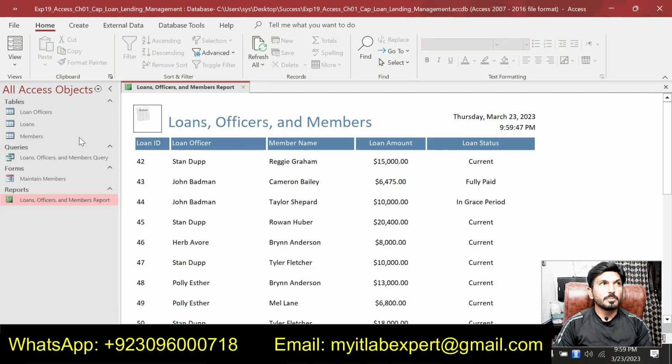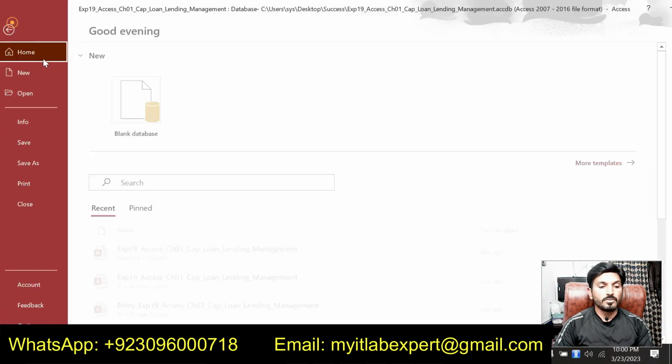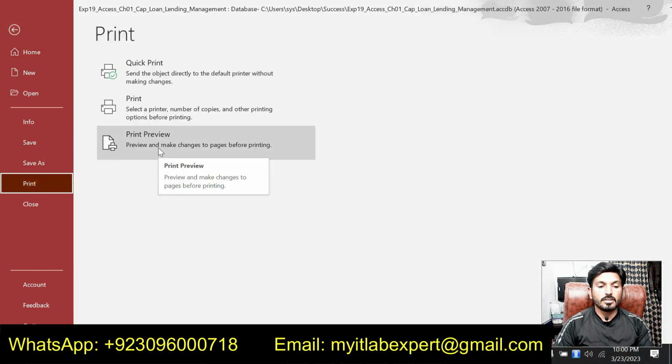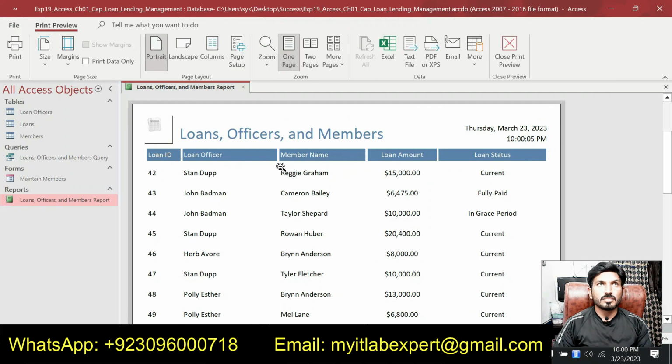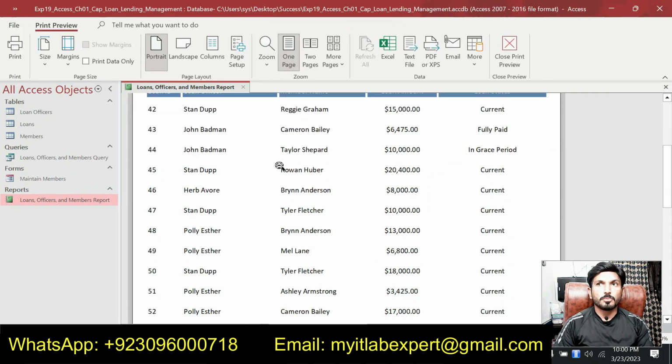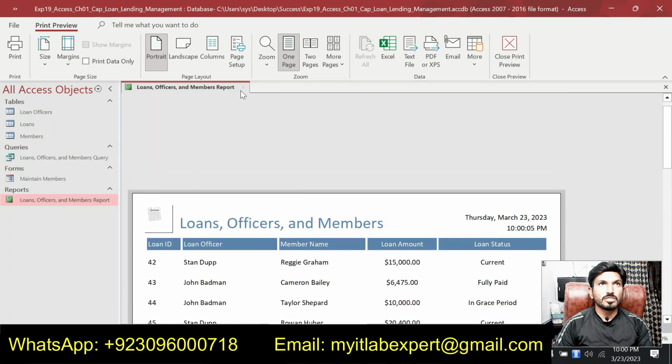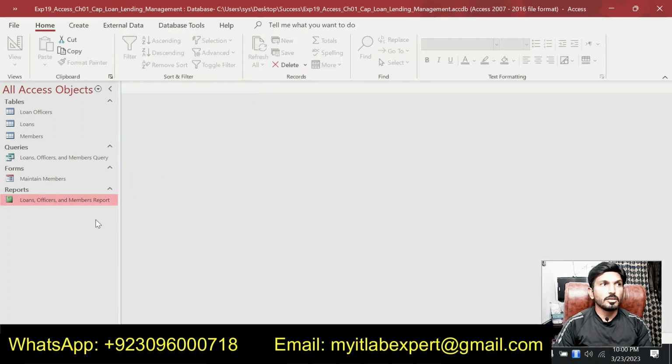So let's go to the database file and we are supposed to view this in the print view. For this, click on file and then click on print and then click on print preview. So this is the print preview of this report. So now we are supposed to close this one and now we are supposed to open the loan officer and